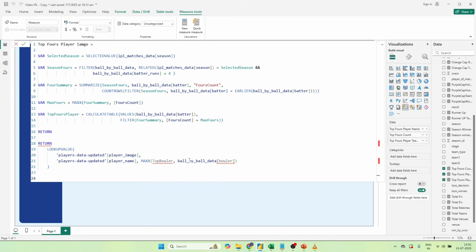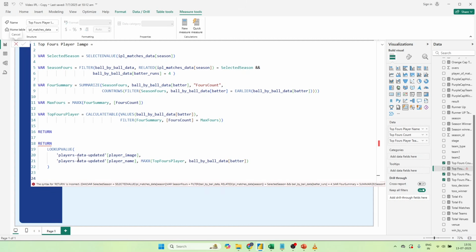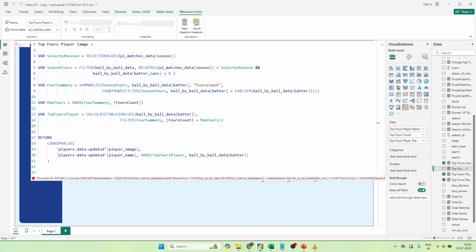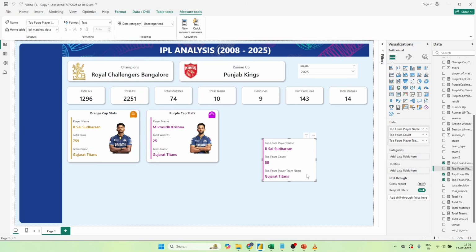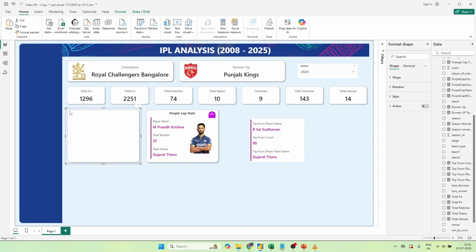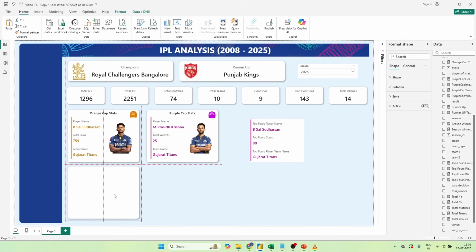So the same function we are going to use, only one thing that changes over here, that is instead of finding out the top bowler, it will be from top fours player, okay? And instead of bowler we want batter, right? Just that's it, right? And this to return this twice, so just hit okay, close it, and now we'll do some formatting, right? So select this placeholder, Control C, Control V,